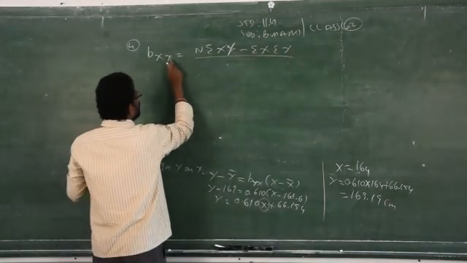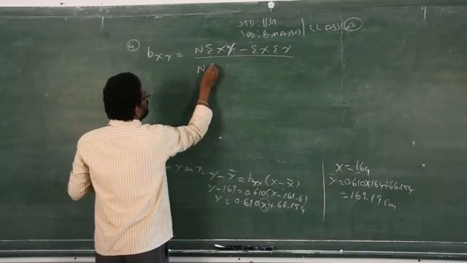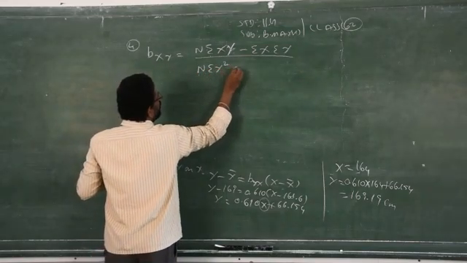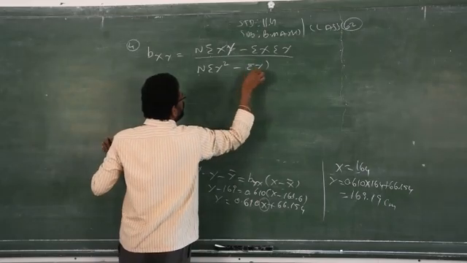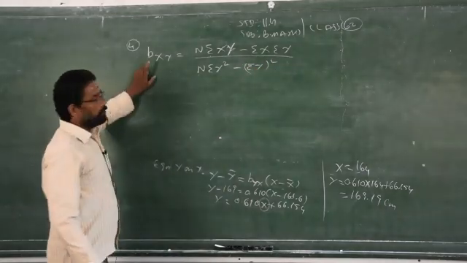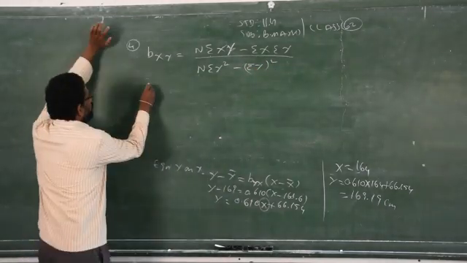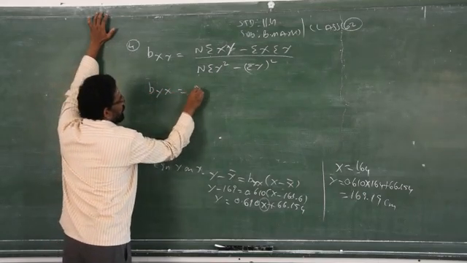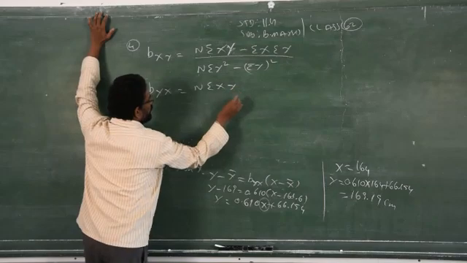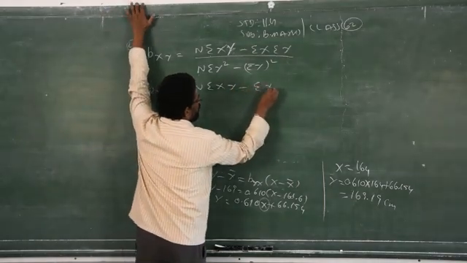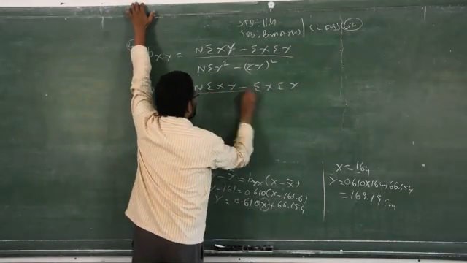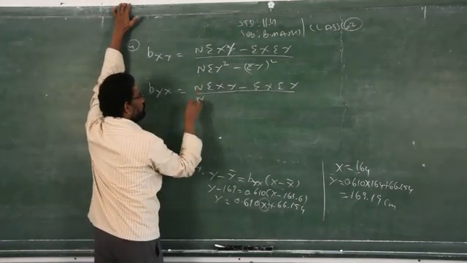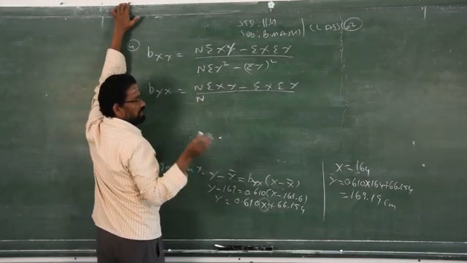That is, you have to take only that y variable: n times summation y square minus summation y the whole square. This is the formula to find bxy. Then you have to find the formula for byx. There won't be any changes in the numerator, only changes in the denominator. Have a look at those two formulas, find the difference and memorize